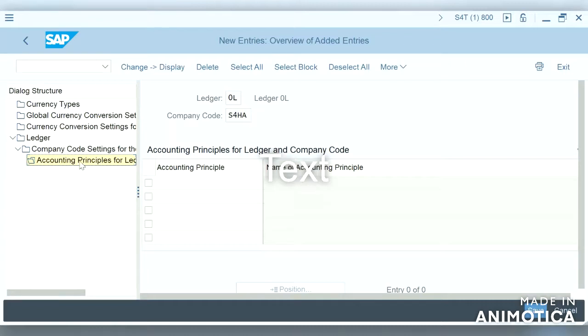So now let us move on to accounting principles for ledger and company code. It is a combination of both. So we are specifying the accounting principle based on ledger and also company code. So we are defining new entries for this combination.